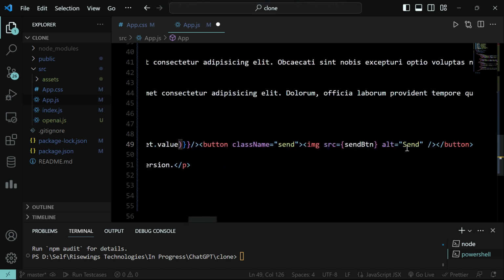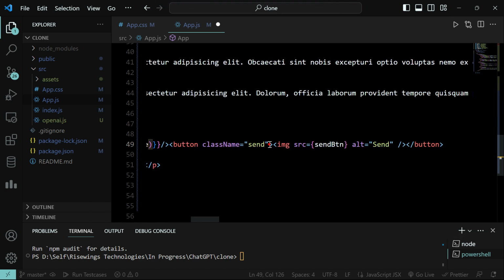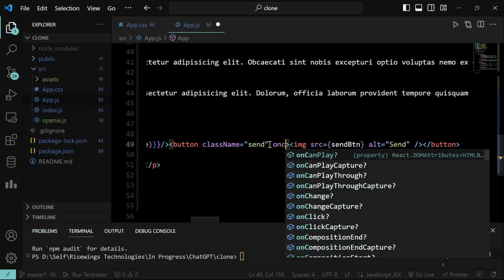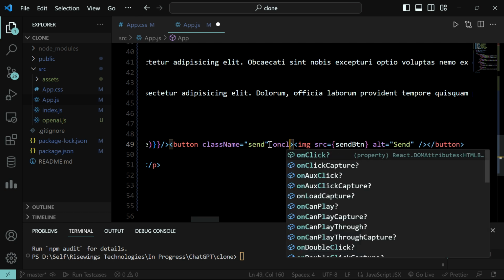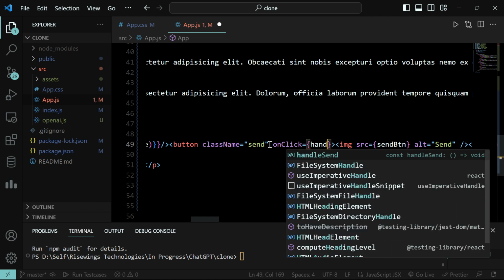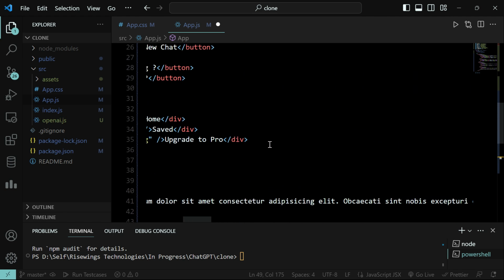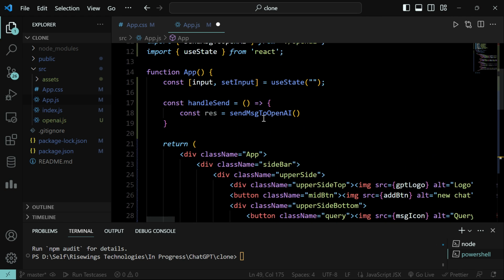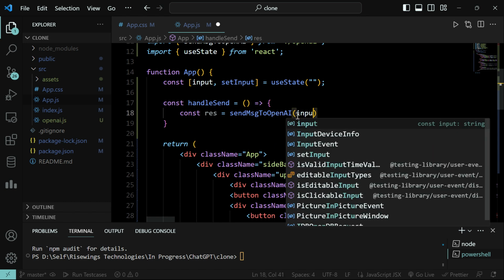Then we can set an event listener to this button, which is onClick, and it will trigger the handleSend. So handleSend, and where is the handleSend? Here, handleSend will just send the input